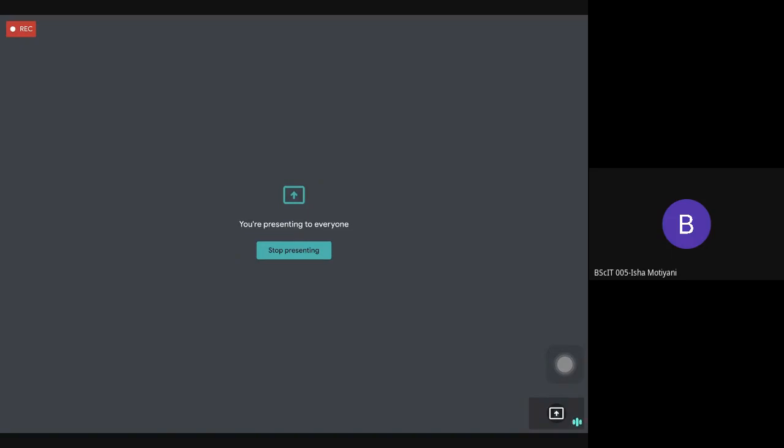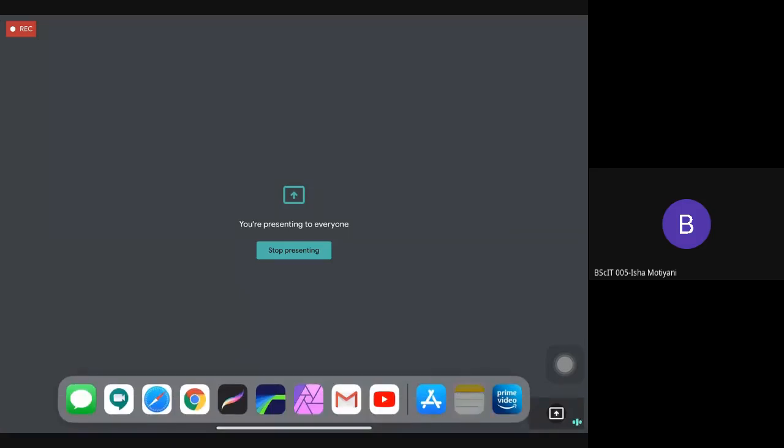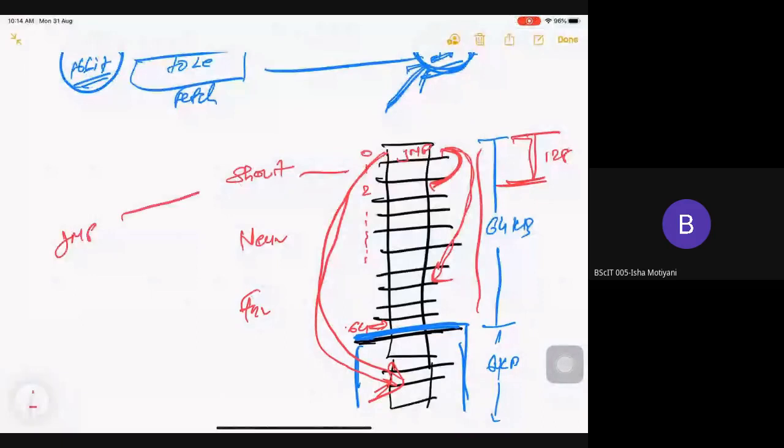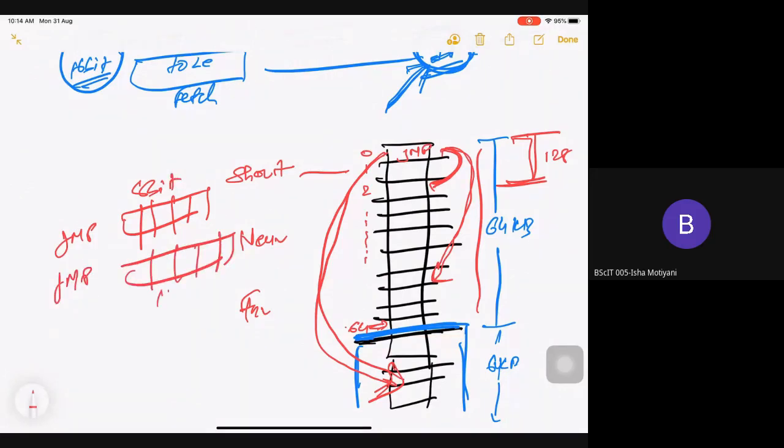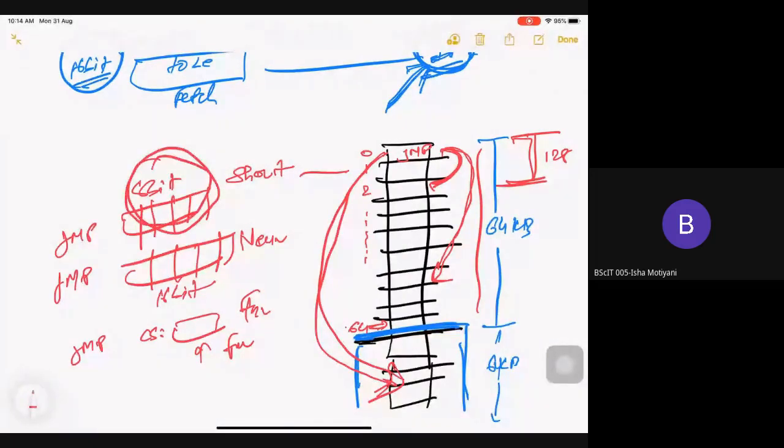What I'm trying to say is, let me come to the notes again. If jump and I am having an 8-bit address, then it will be a short jump. Jump instruction, then I am having a 16-bit address, then it will be a near jump. And jump instruction, and then I am having a new code segment and some instruction, then it is a far jump. Clear? So after jump only 8-bit distance I want to cover, short jump. After jump I want to cover 16-bit distance, it is a near jump. And if I need to change a code segment and jump, then it will be a far jump. I think it is clear now, right?